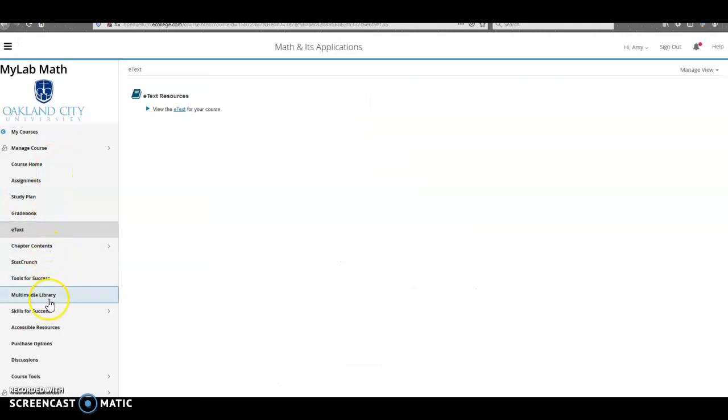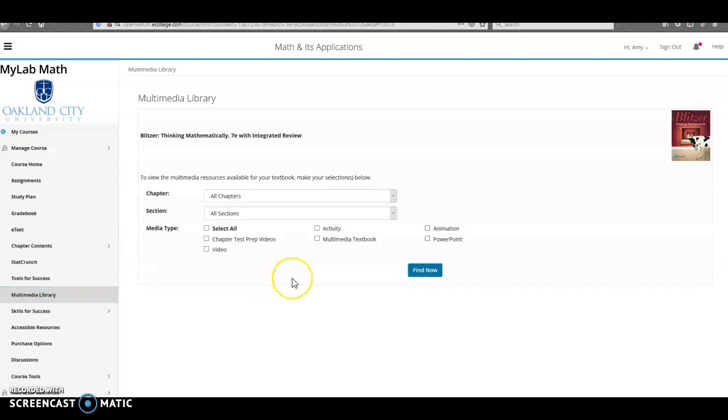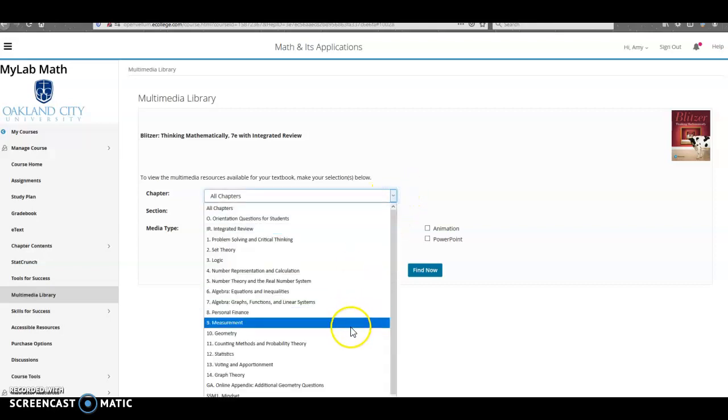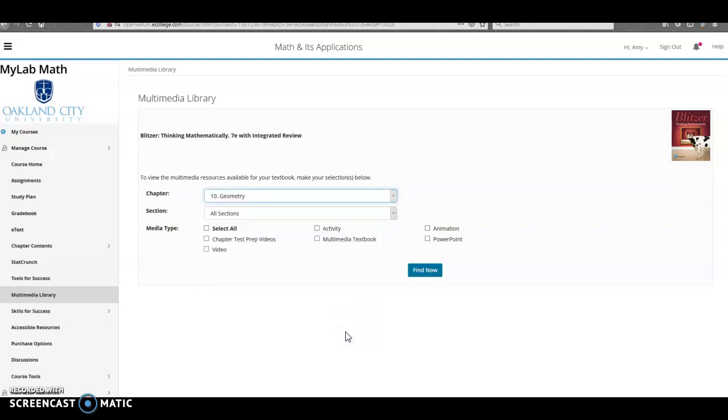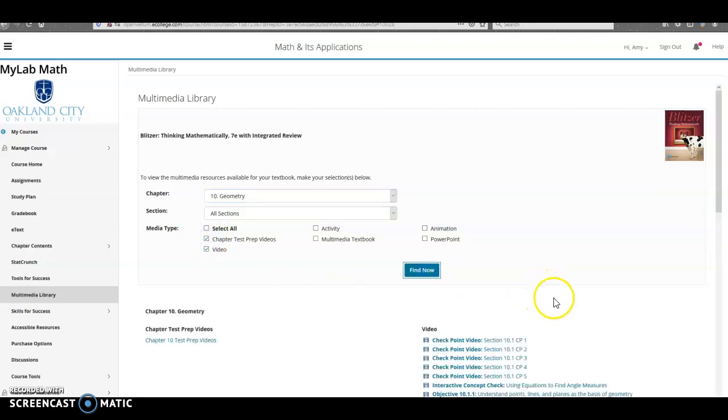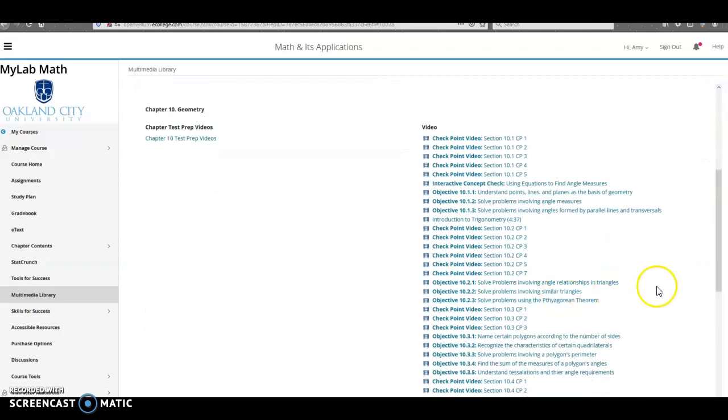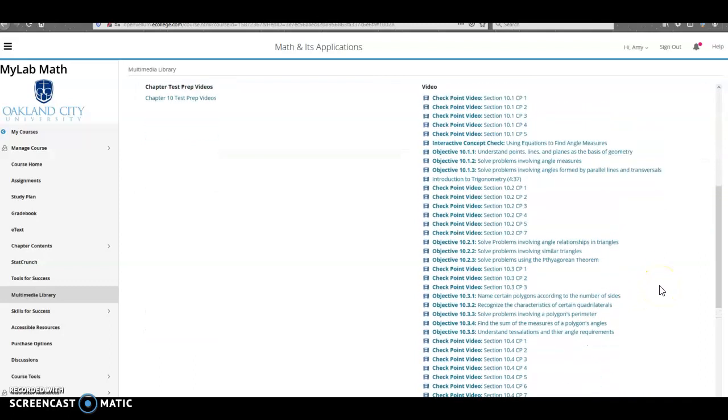Not only that, but significantly, this multimedia library offers a ton of resources and videos to help you with this course. Let's pick one. So if we go to the first unit, which is on geometry, and it involves chapter 10, all sections. If we take a look at just the chapter test prep videos and the lesson videos, what you will see is a very large list of videos that you can use to work your way through the